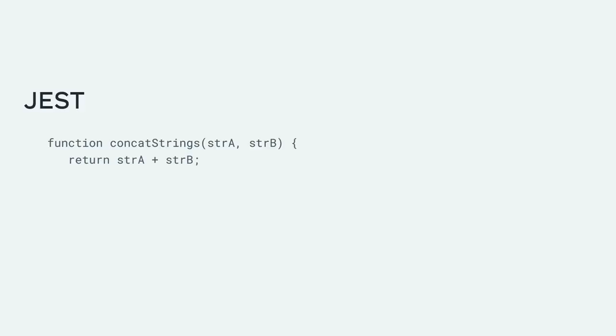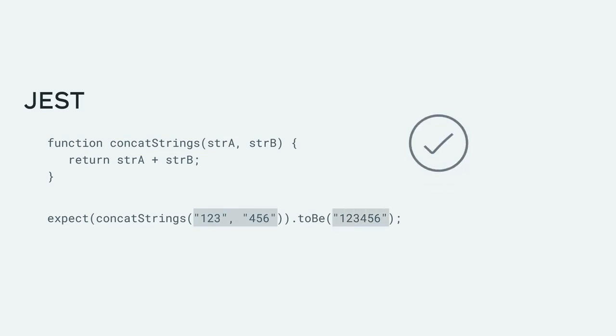Now, I could run multiple function calls using this syntax. For example, I could have expected concat strings with the strings 1, 2, 3 and 4, 5, 6 as arguments, and then the function to be with the argument 1, 2, 3, 4, 5, 6. And in each instance, the expectations will be correct, and the code will behave as expected. In testing terminology, you would say that your tests are passing. But I'm only halfway there,